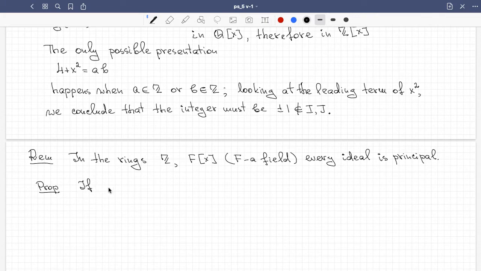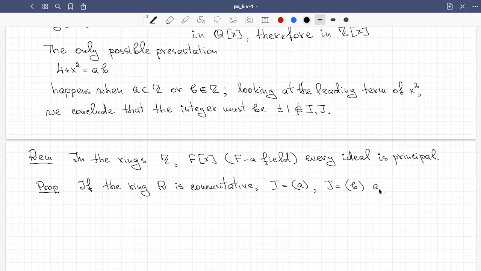If the ring R is commutative, and I and J are principal ideals generated by some elements A and B, let us write this way, and so if the ring is commutative and the ideals are principal,